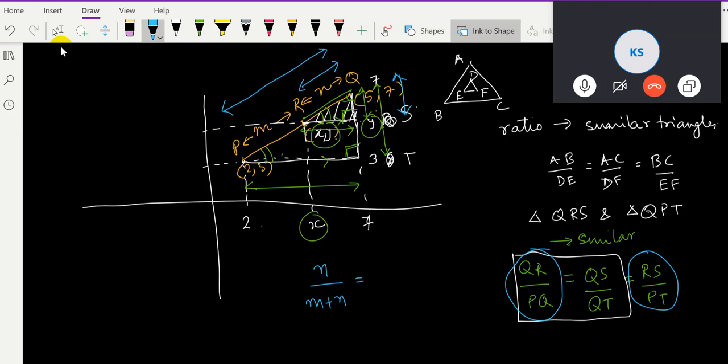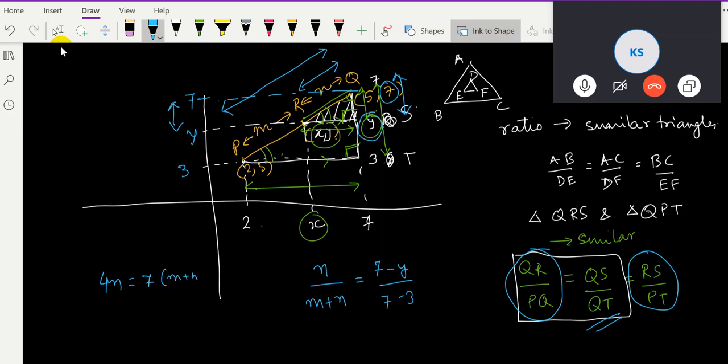No, QS is not 4. QS is 7 minus y. This is y, this is 7, and this is 3. So I'm trying to find out this length, so 7 minus y. And what is the value of QT? That would be 7 minus 3, which is 4. Correct. So therefore, we can write 4 over n is equal to